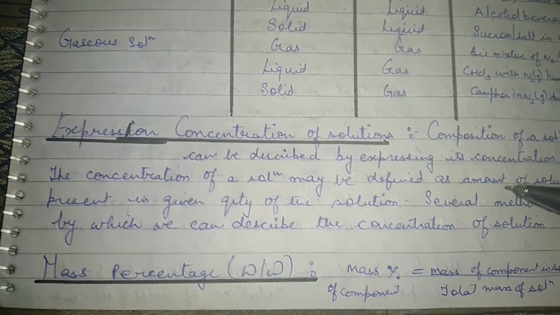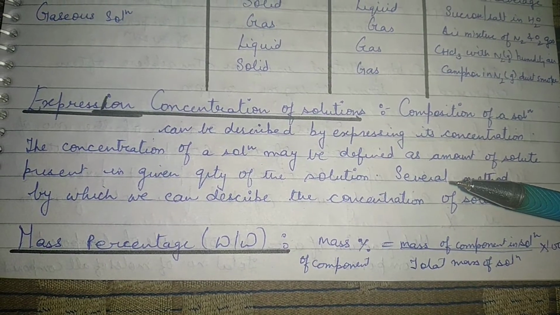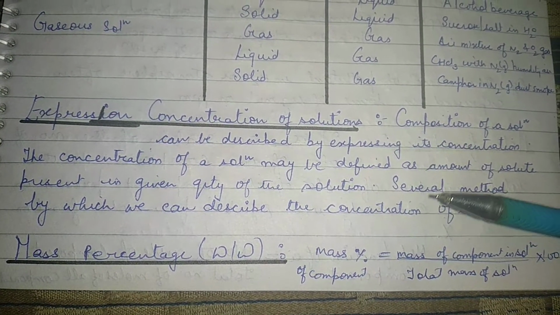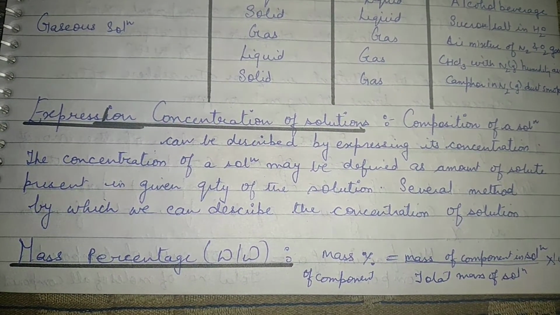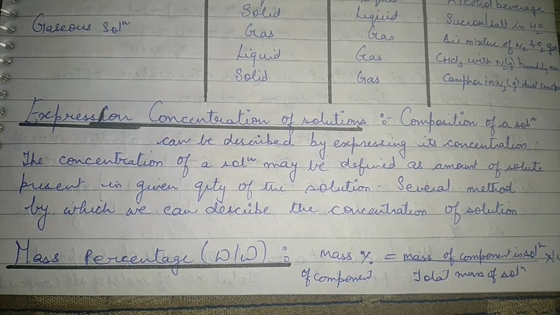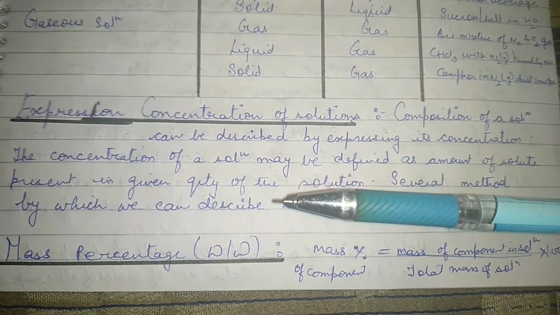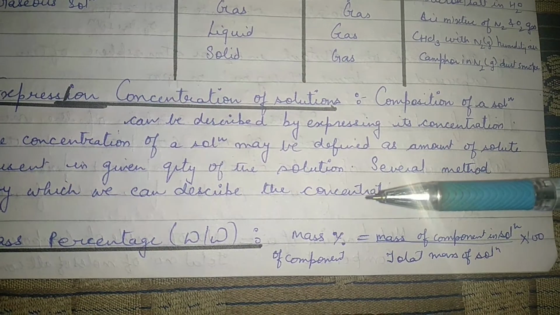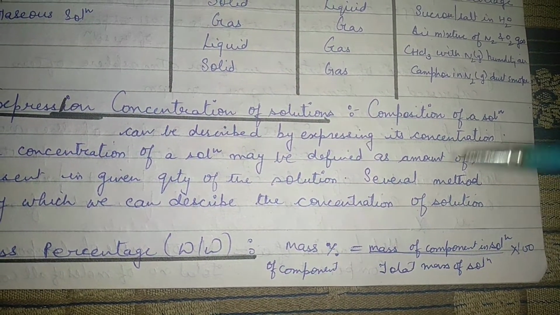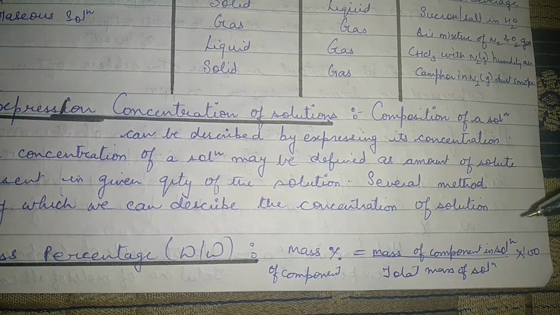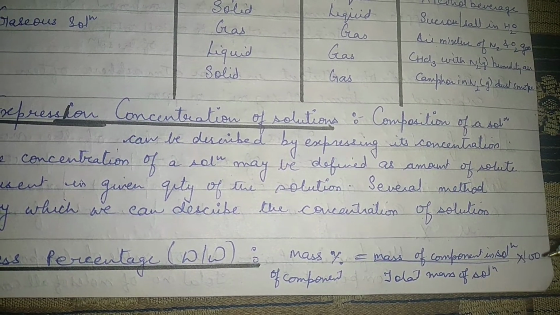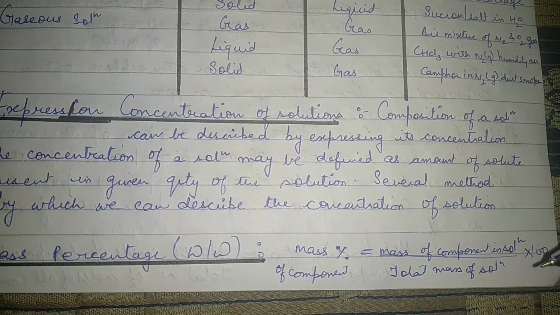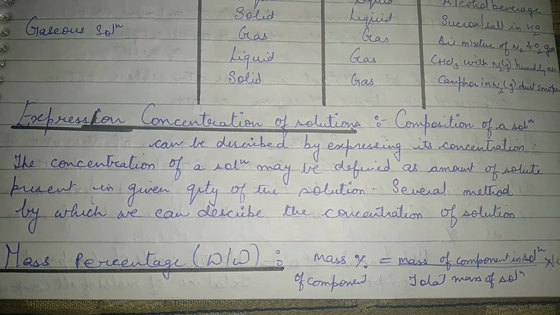Okay, so coming on to the first part, that is mass percentage, that is weight by weight. So how much solute in kg is dissolved in how much kg of a solvent, we can express in mass percentage. So the formula is: mass percent of a component is equal to mass of a component in solution upon total mass into 100. All right. So this is the formula for the mass percentage, weight by weight.